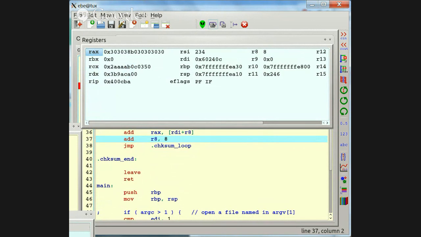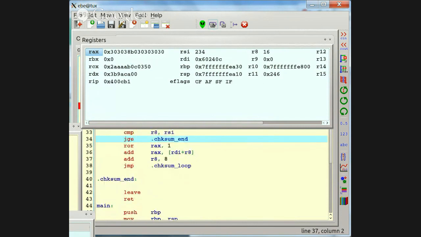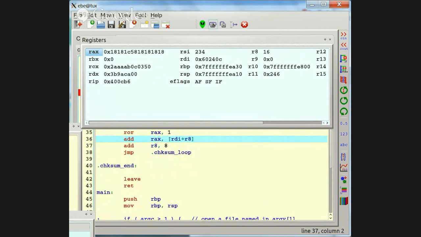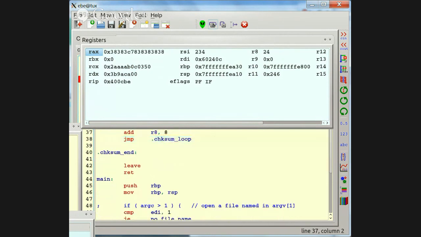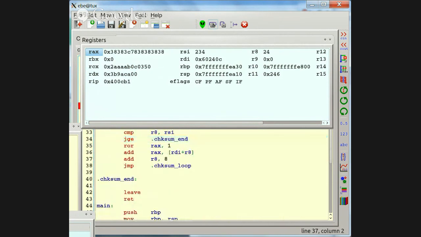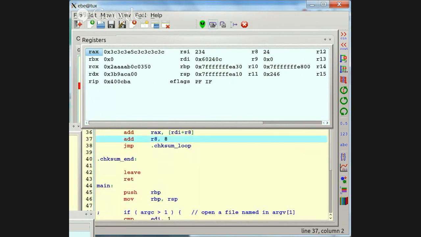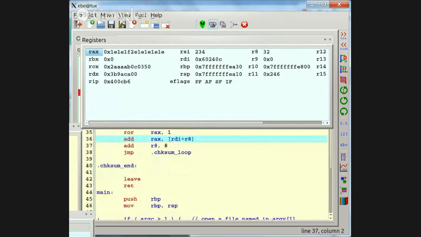Once again, with so much of the data being all spaces, 20 hex, you don't see much variety for a while. All right, so rotate that right, and now we get a bunch of 1/8s and a few bits that are different. Add in the next piece, and this is, as far as I can see, somewhat similar to the original thing that I just made up. Now, BSD checksum is not a really robust checksum, but it probably works fine for a lot of cases.